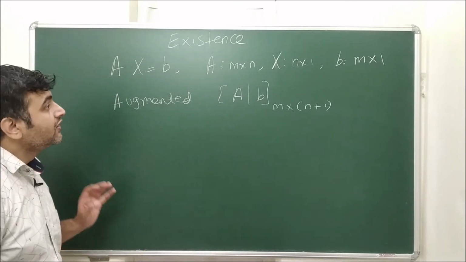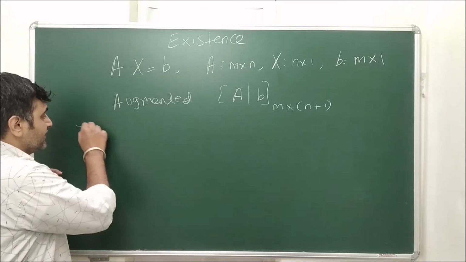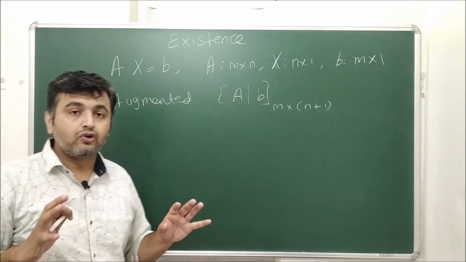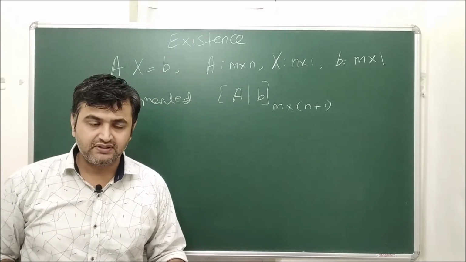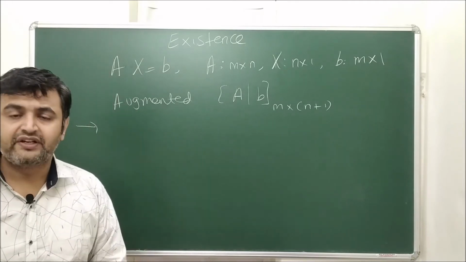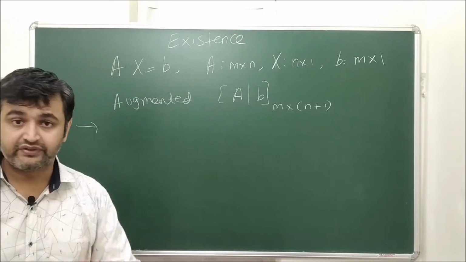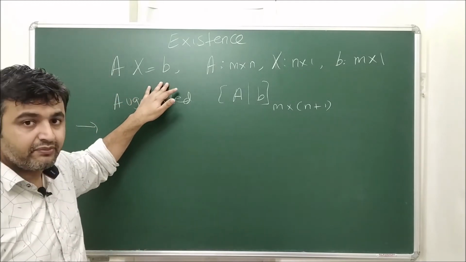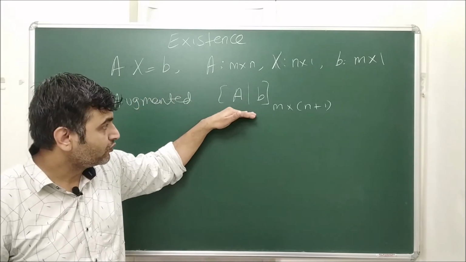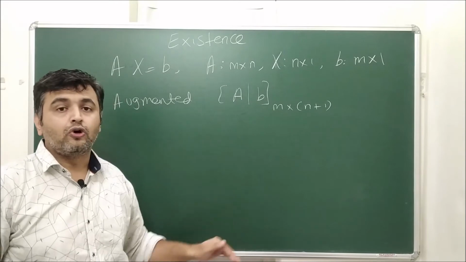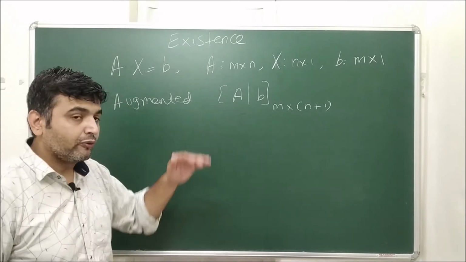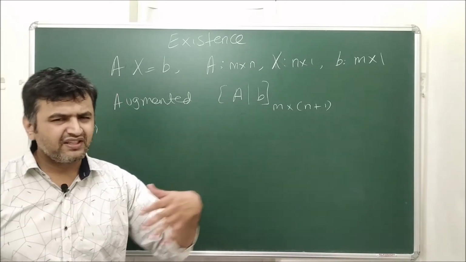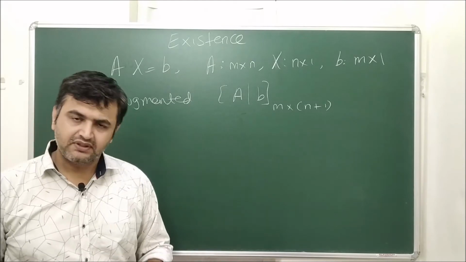So augmented matrix. There is a theorem which says that once you have the matrix system, the matrix A and the augmented form, you do your Gauss elimination method, or in other words, you do your elementary row operations or column operations, whichever you are comfortable with. I usually prefer row operations. So once you have the system, you write it in the matrix form, you write down the augmented form, and to this augmented form you apply your row operations, that is the Gauss elimination method, and you obtain the row echelon form. You can go to row reduced echelon form as well, but that's not required. For this, row echelon form is sufficient.